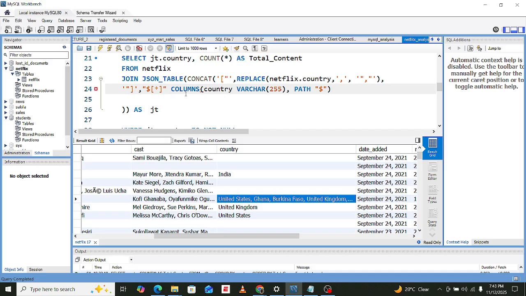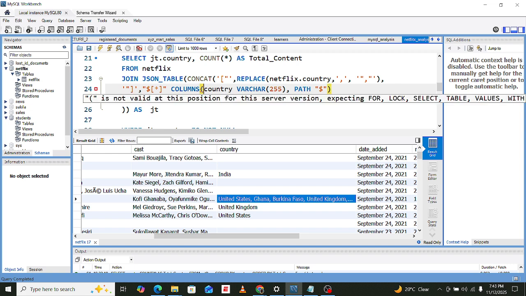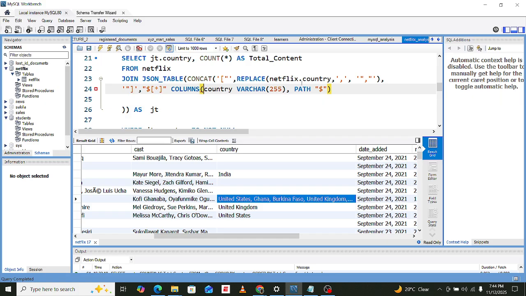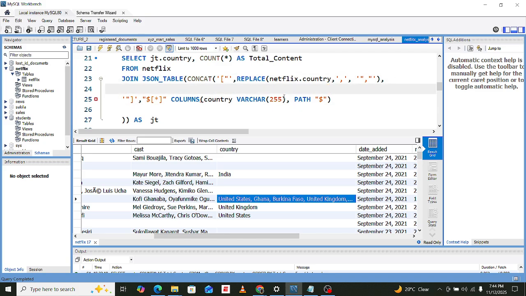Just a minute, I check this. We are told that it is not valid at the position. Let me just go through these.